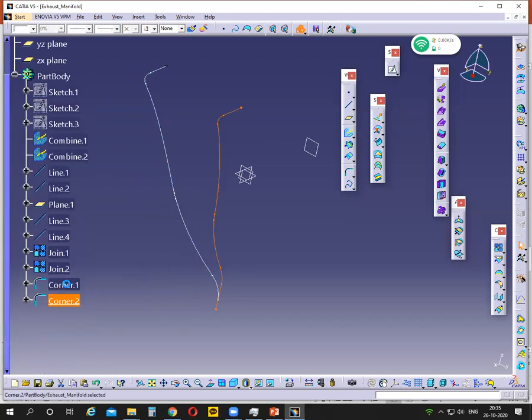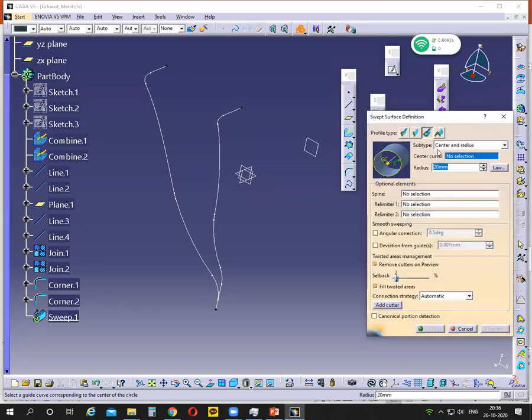So after finishing this one, I can select circle, draw a circle here and here, and you can choose rib with the center curve option. But here I can directly use sweep, and I choose center and radius. The center is this one, the first pipe center, and the radius is